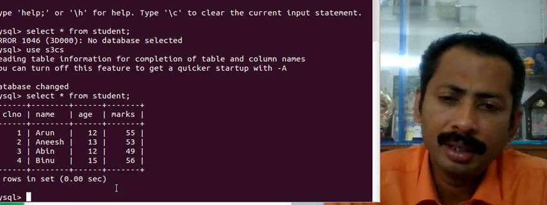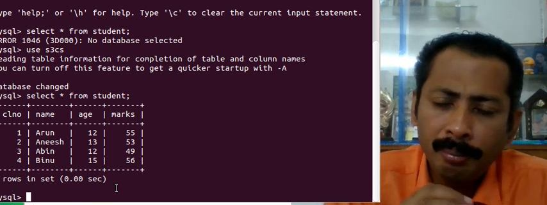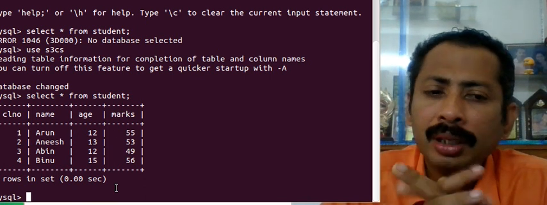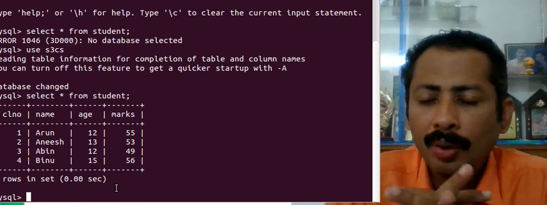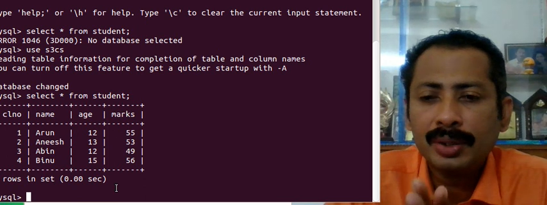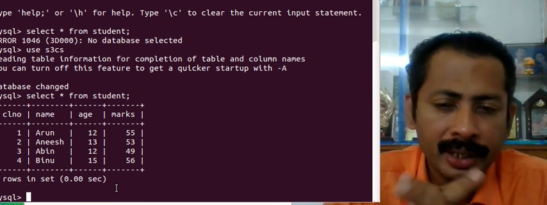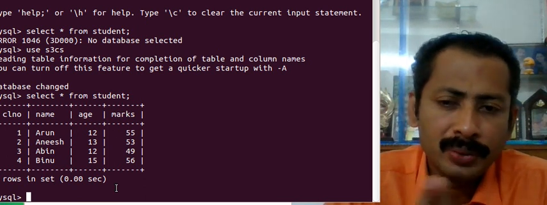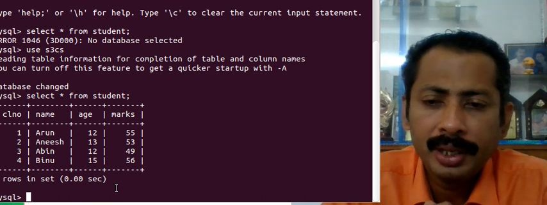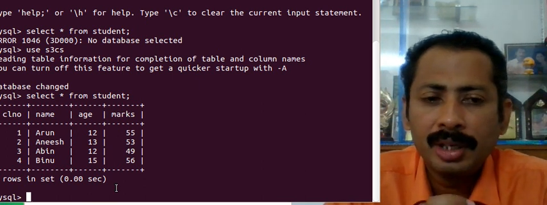That is, if I am giving the condition that change the marks of 55 as 60, then in that field there may be marks 55 for other students also. So all the 55 will get changed to 60.